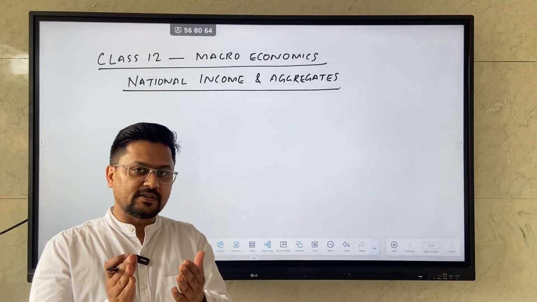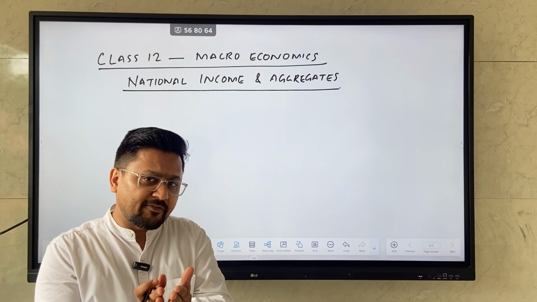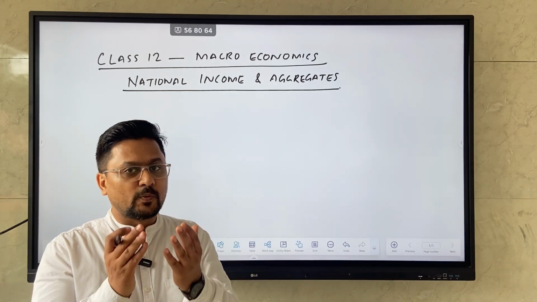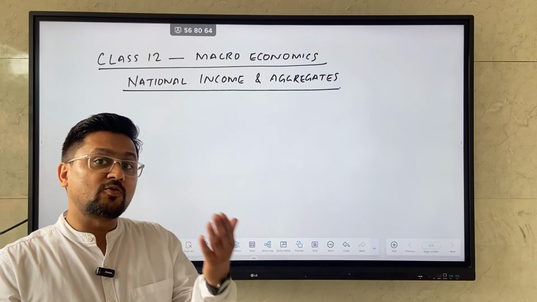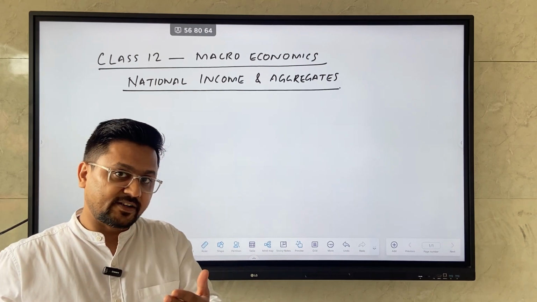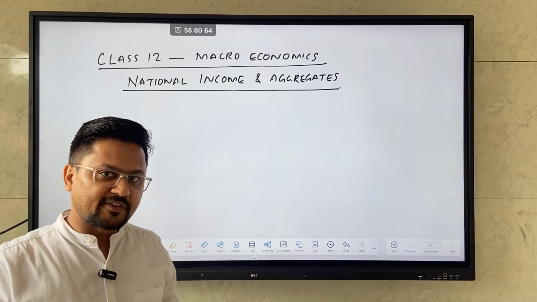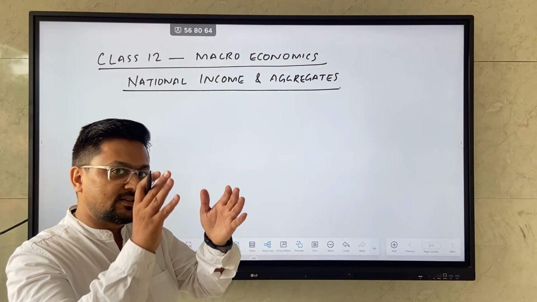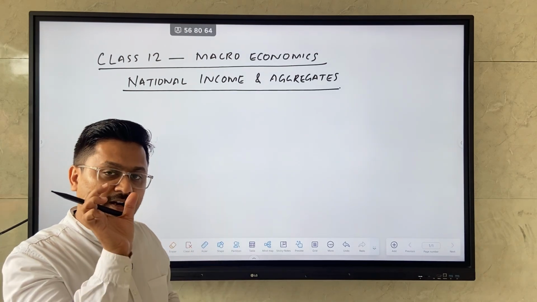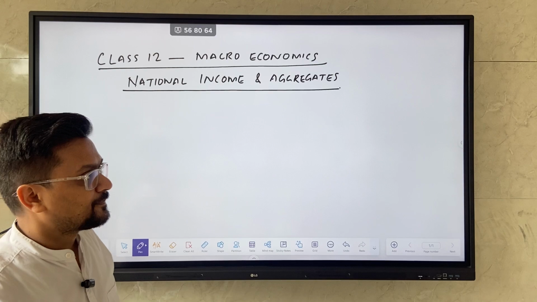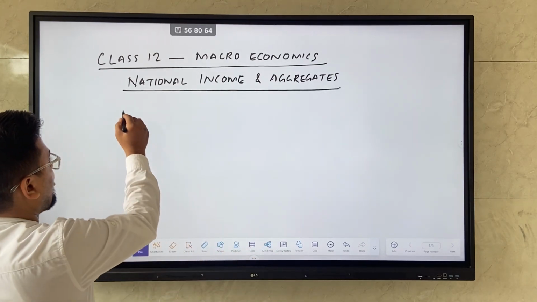So national income is the monetary value of all the final goods and services produced within the domestic territory or outside it by the normal residents of that country during a particular period of time. So what you need to understand is what the aggregates are, what those terms used in calculation of national income are, right? So first is